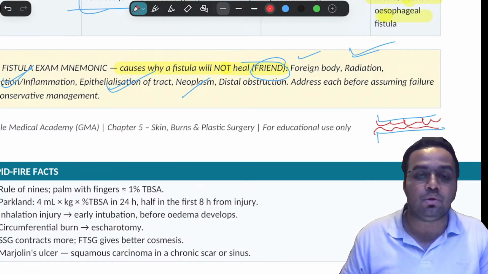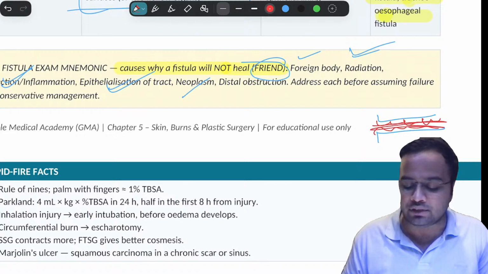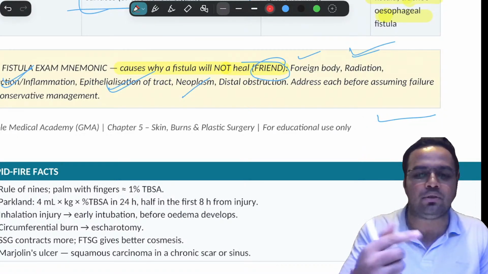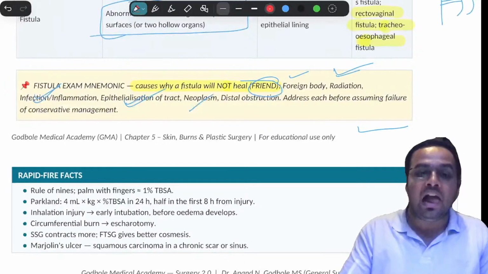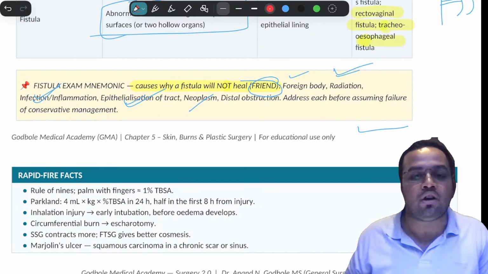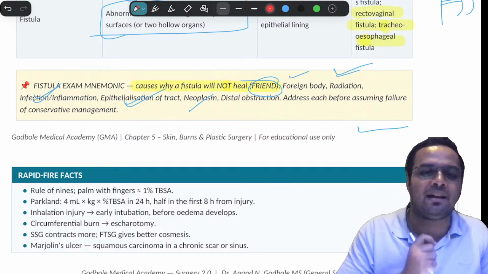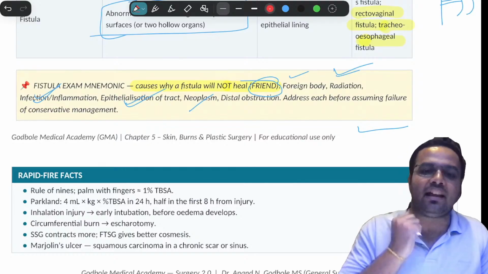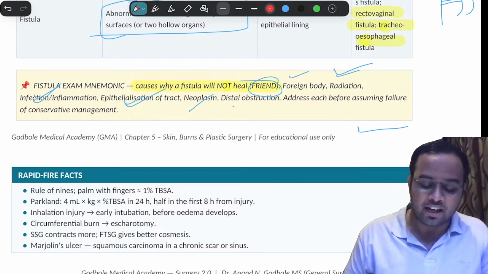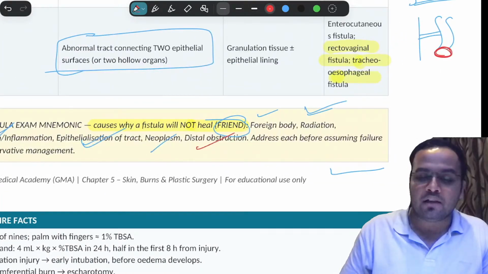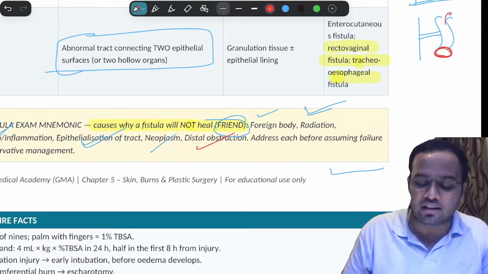Now what you need to do is debride this fistulous tract. Debride means you are going to probe the fistulous tract and stimulate the granulation tissue, and that is the mechanism of action of laser or radiofrequency ablation. Whenever a laser is fired, it causes laser debridement of the tract, and then the tract heals by granulation tissue. If there is any distal obstruction, let's consider that the bowel has some obstruction here, this tract is not going to heal, because remember,